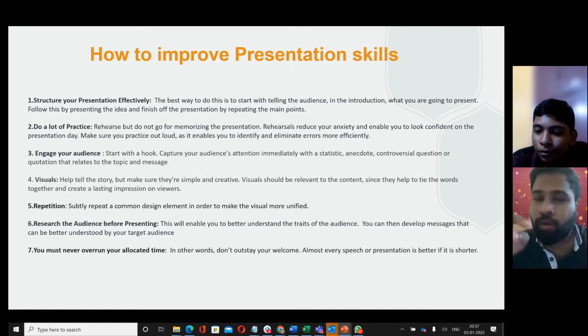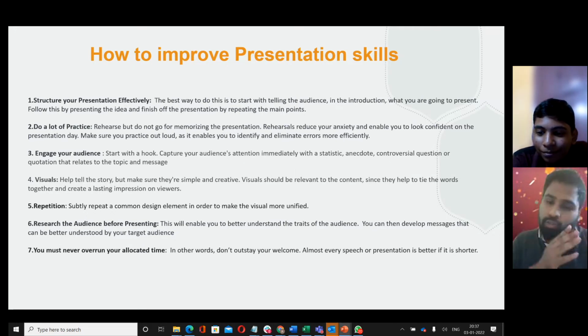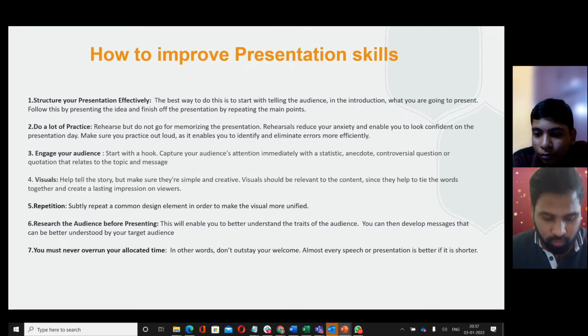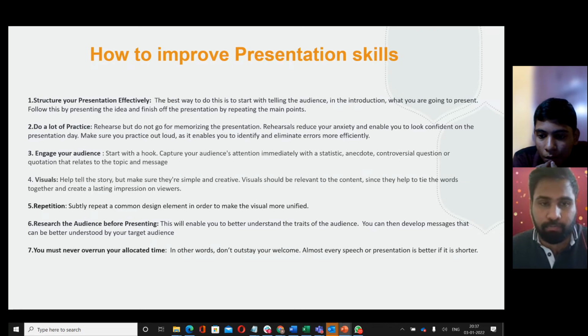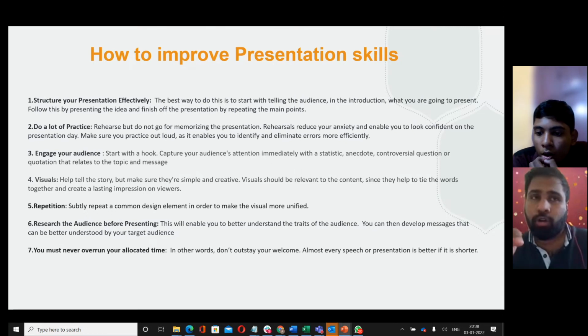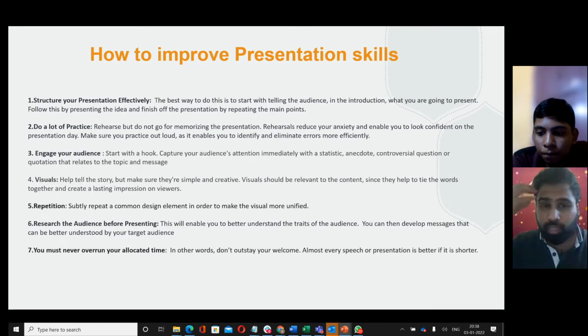So I want the hook line and the story to combine. You got it? I'm not telling that the story should go throughout the presentation. You have to be a story here. So it's your story that you're talking about. You should picture it in such a way. If you're talking about the problems, you would have definitely thought about the problems before coming up with the machine, no? So all this you have to think in a story format and start the hook line.